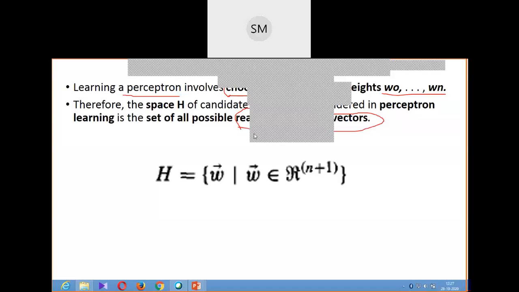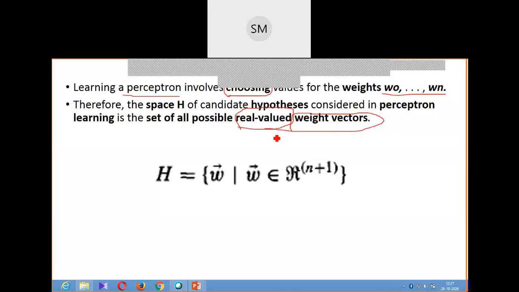And what type of weight vectors are they? They are real valued weight vectors. Okay, so here, see